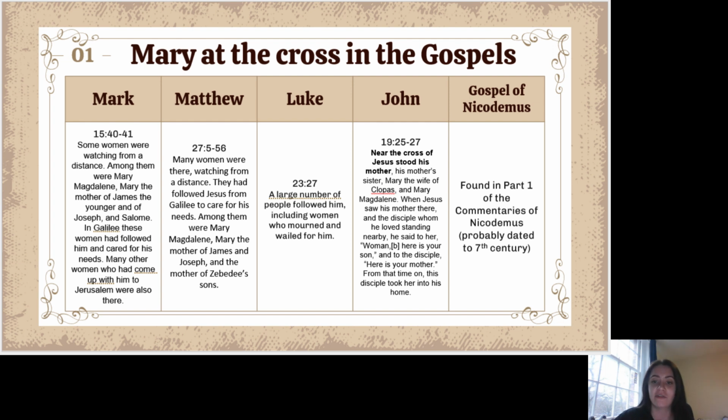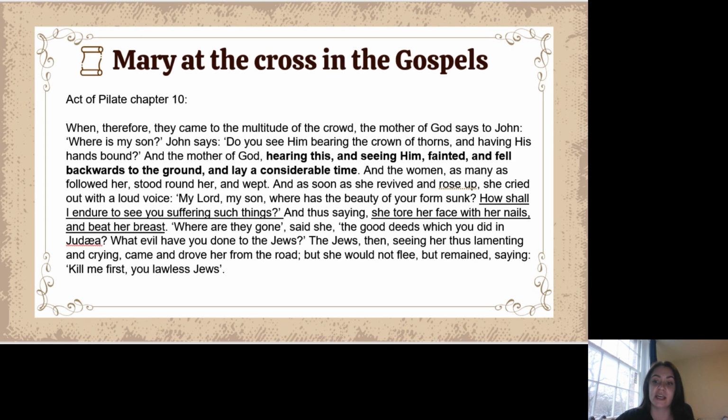the text of John is not the only written account of the gospel where Mary is present. So, for instance, the biggest influence on Mary as possibly fainting comes from the Gospel of Nicodemus, which is probably dated to around the 7th century, although that is also disputed. But generally, it's accepted that it's dated to around the 7th century. So, in the Gospel of Nicodemus, specifically in the Acts of Pilate, chapter 10, we have this excerpt of